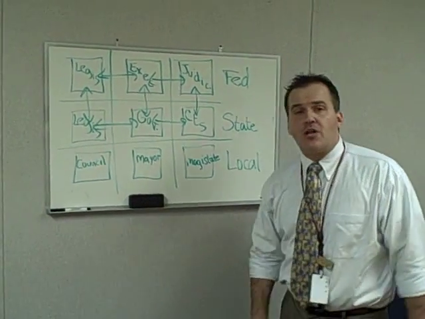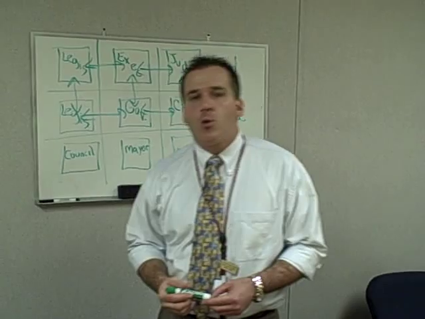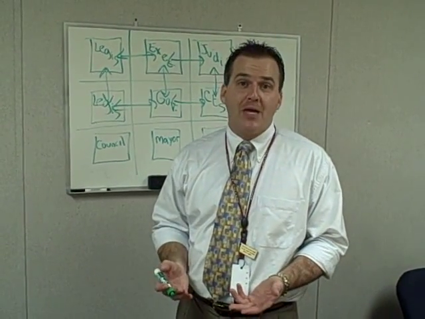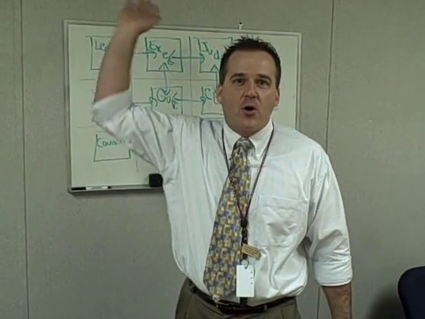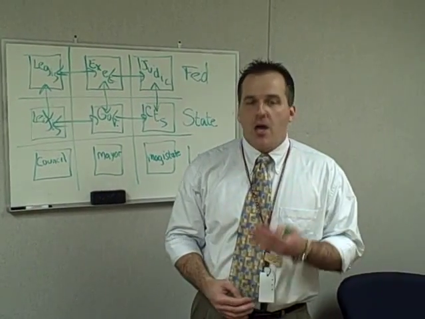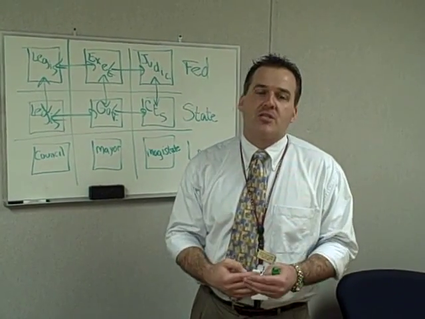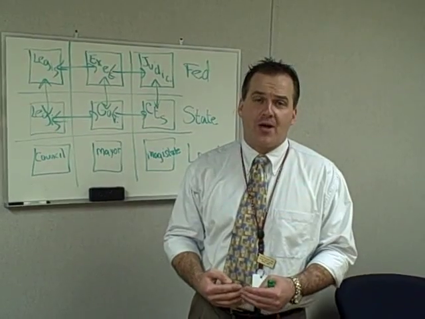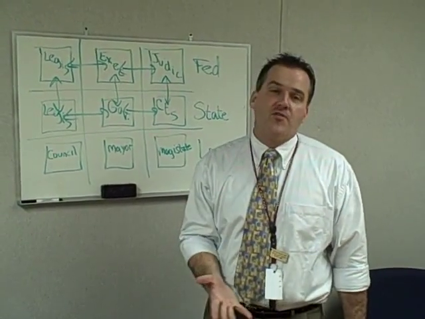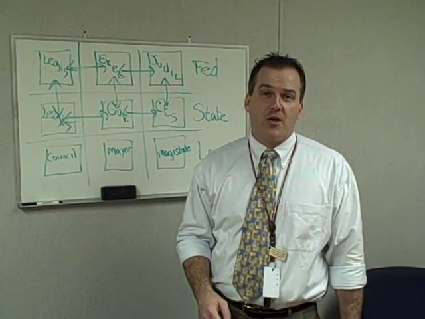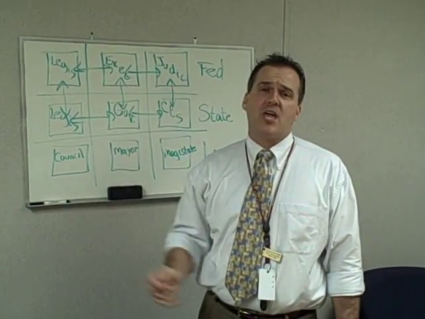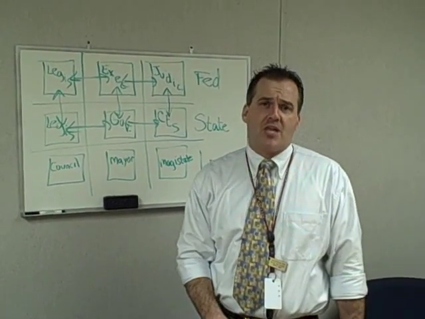Now, when you go back and you look at the beginning of the country, very simply it worked like this. Remember the Articles of Confederation. Who had the power in the beginning? Inevitably, somebody yells out, "Federal government!" Well, no, it wasn't. Because if you remember, it was unanimous. In order to get a law passed, all of the states had to be unanimously supporting it, and not all of the states always did. So if there were 13 states, 12 of them could agree, one of them could disagree, 90% plus are in agreement on this law, but that one state would have killed it. It was clear that the states held the power.